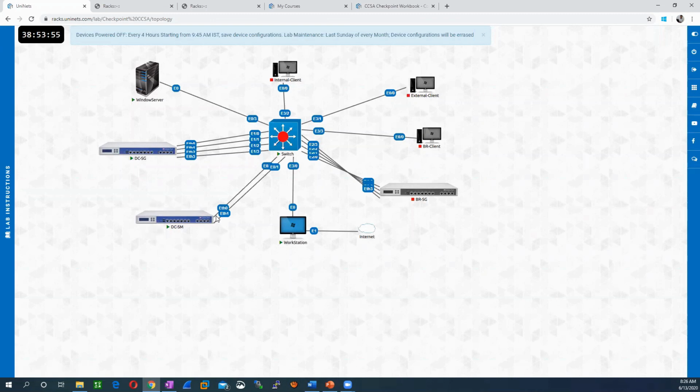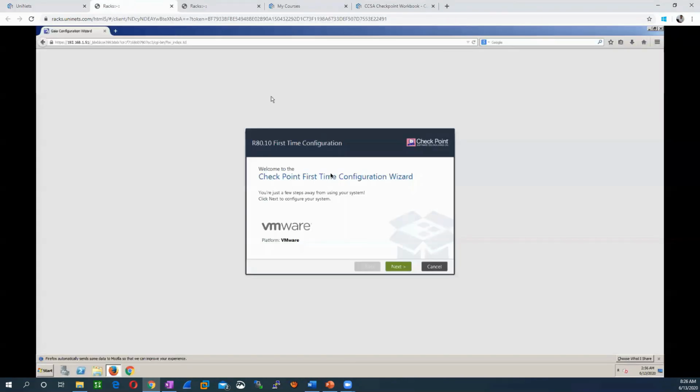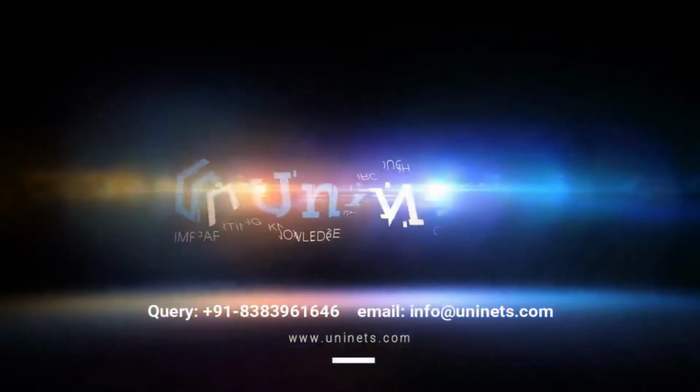And when we access the security gateway, we will install the gateway product on that device. Right now I'm on a management, so I need to install the management product on this device. Then this device will act as a smart manager. And if we install the gateway product on this device, this device will work as a smart gateway. Okay.